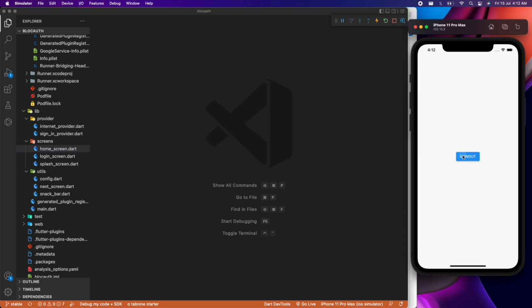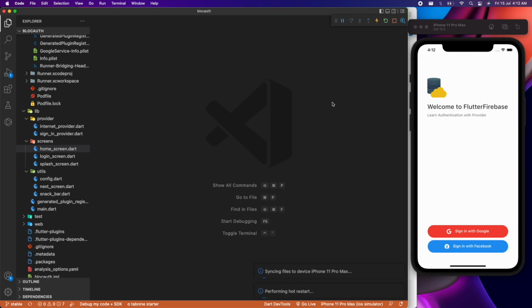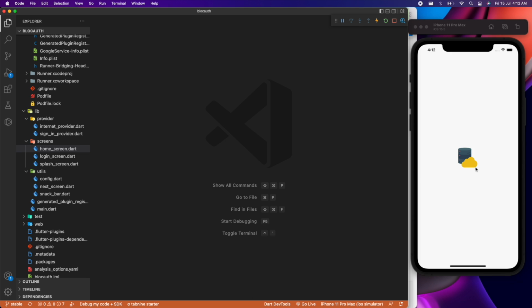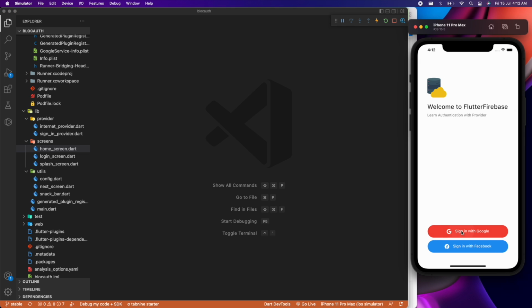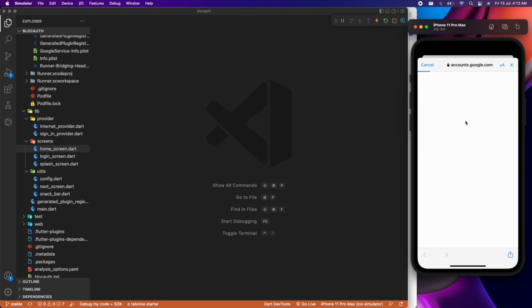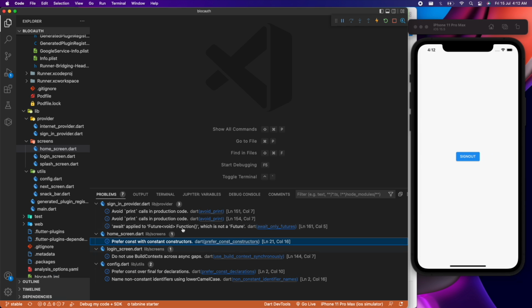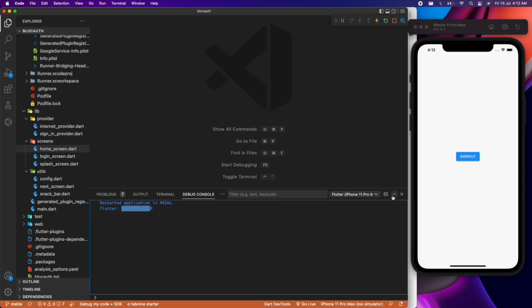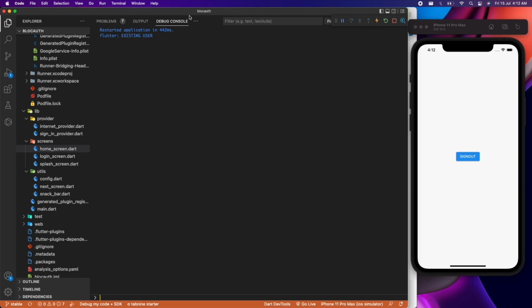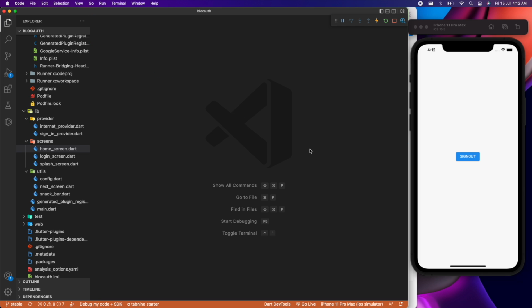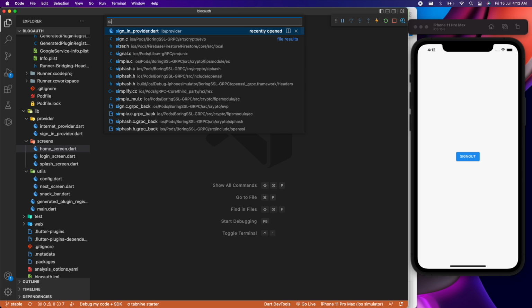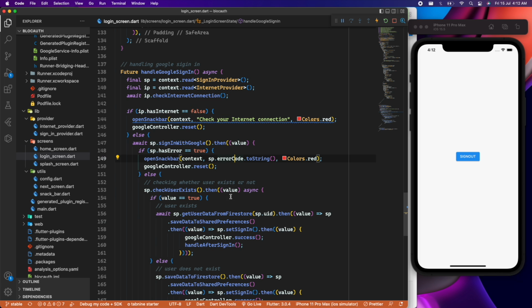Now let's see if I click on sign in, we are redirected here. If I also reload the application, we have to see whether is signed in is working fine or not. And let's say I click on sign in, I select this particular account, this should show me that the user already exists. And let's say, let me just go to my login screen, and here if I,